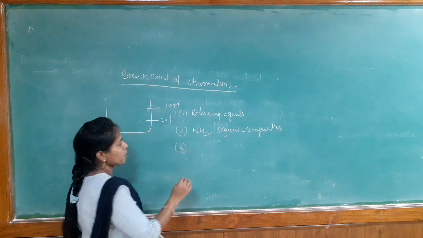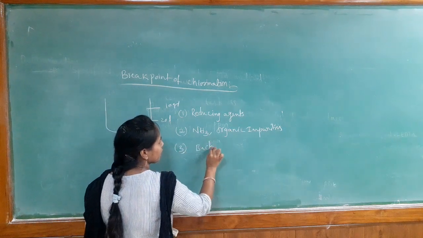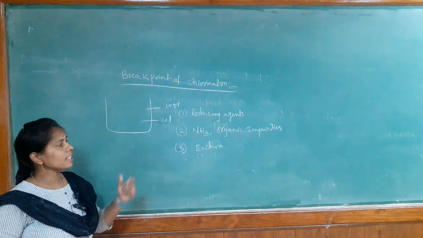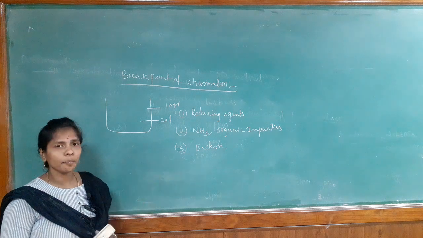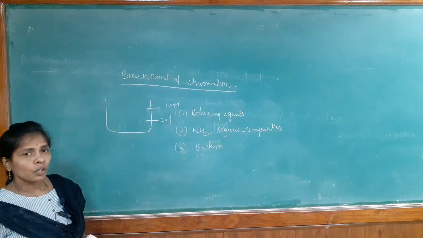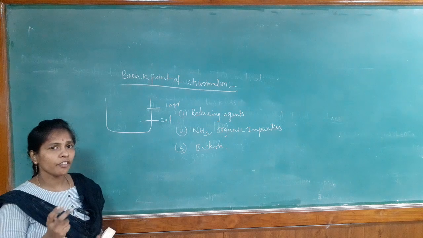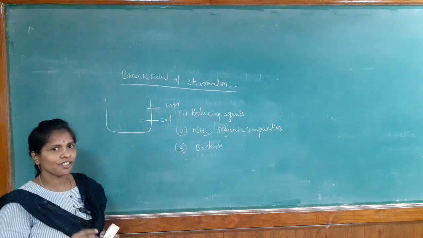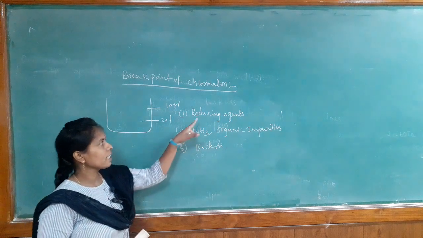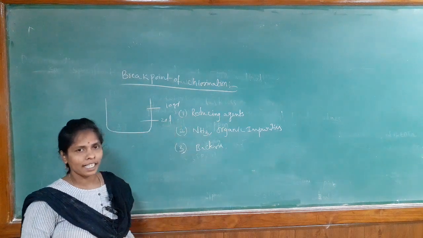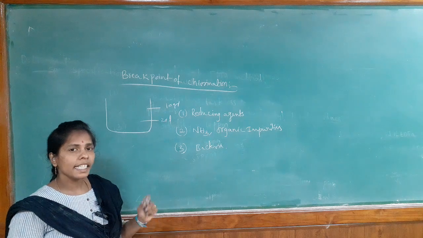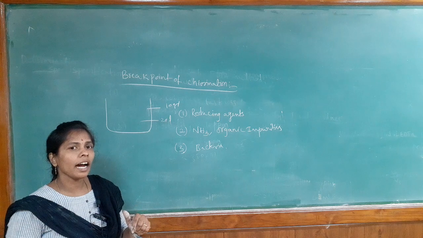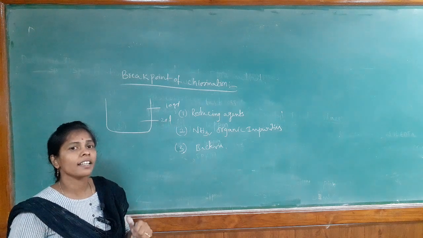And last, disease causing microorganisms, simply we can call bacteria. So, it is killing the reducing agents, ammonia, organic impurities and the bacteria. Initially, if we add the first small portion, in the first stage it is killing the reducing agents, and in the second stage, when we add the chlorine in the second portion,